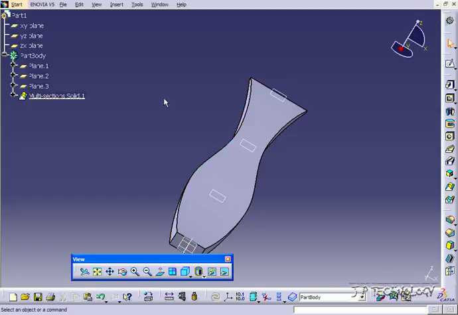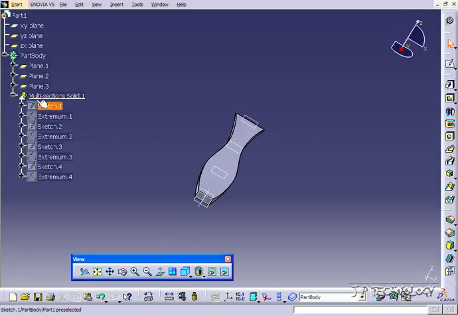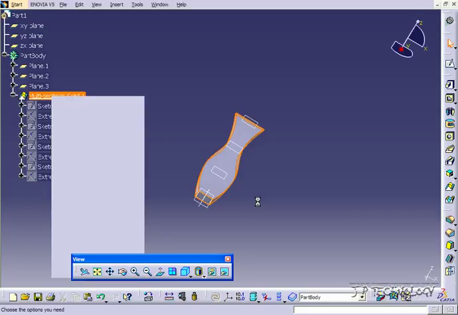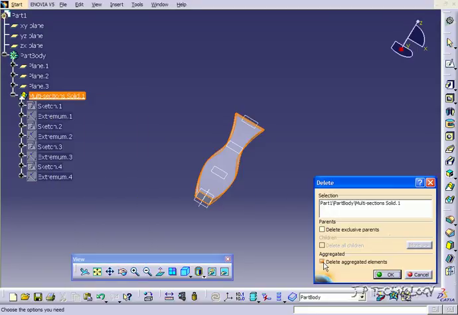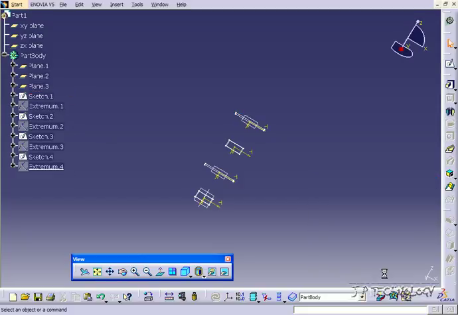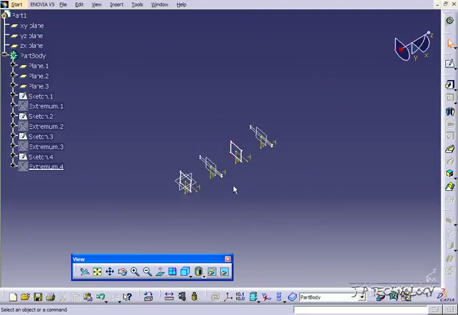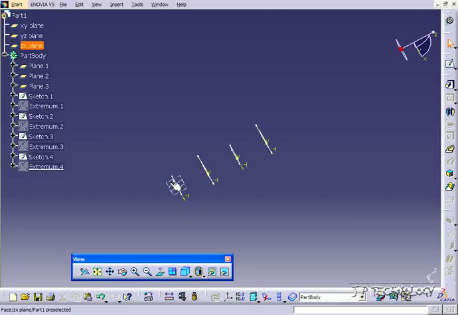going up and around. So to start off, we're going to right click and delete this, and unselect the aggregated, click OK. So now we're still left with these sketches here. We're going to sketch on this plane here and slowly build all these sections together and give it a different kind of flow and a different curve. So let's click this plane here, click sketch,